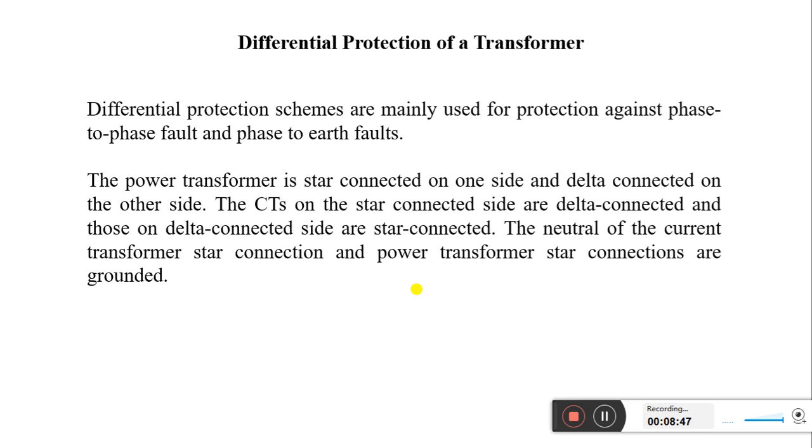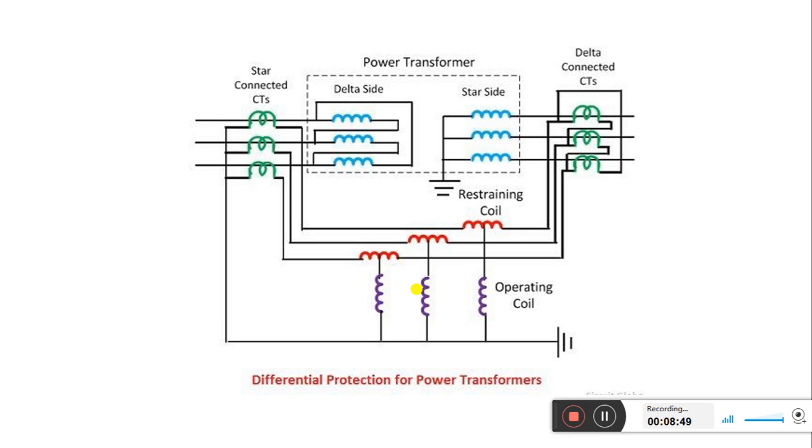The power transformer is star connected, that is a delta-star connection. First let us discuss the circuit diagram, so it will be more clear to you. Now this is the transformer. This is a power transformer, and under the dotted line these are the windings. On this side is a delta connected winding, and on this side a star connected winding. Beyond the delta and star connected windings, CTs are connected. These are the three CTs in all the phases, and here also CTs in all three phases.